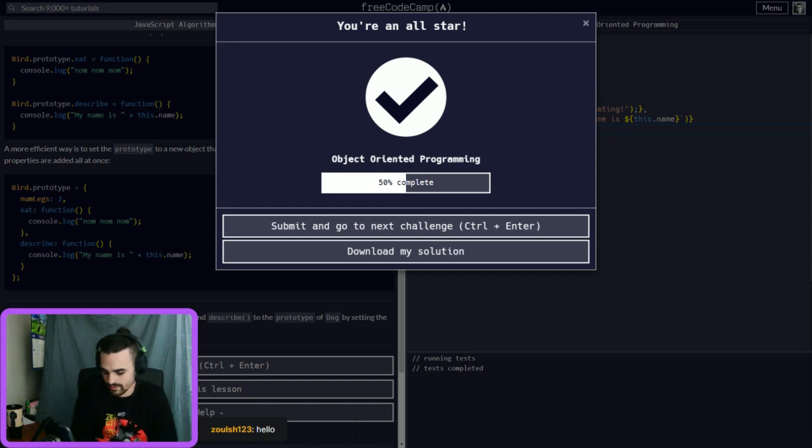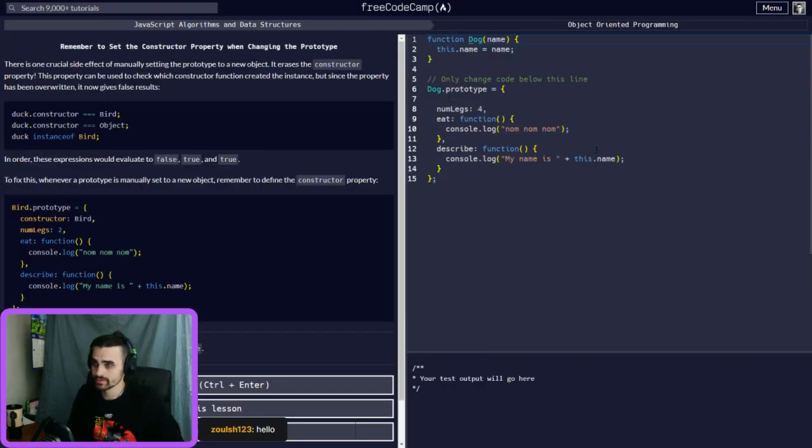So let's see if we can get through this. I'll wind it off here, and then we'll do functional programming next. So let's finish this off.